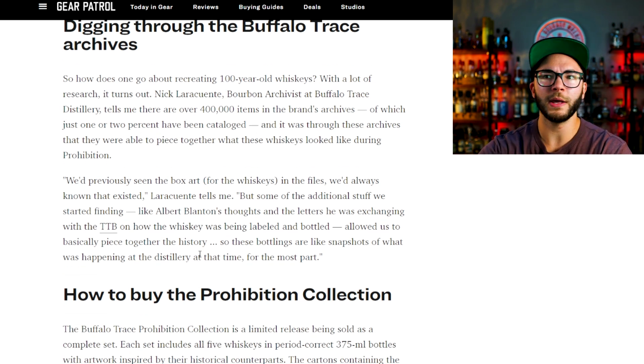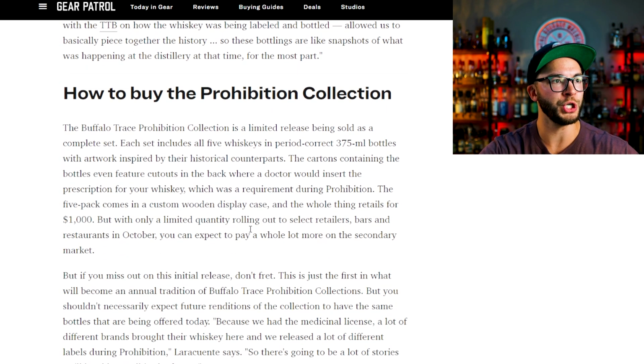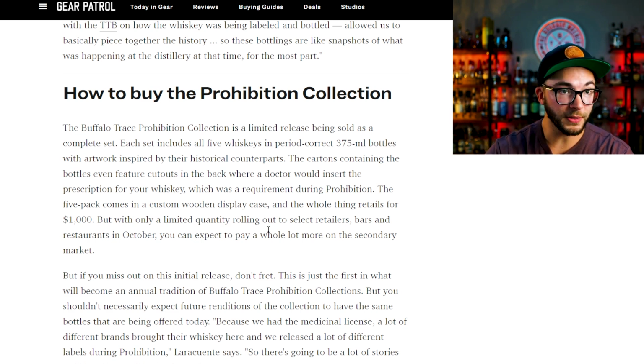I mean, it's a lot of work that went into defining this label and stuff, but then here we go. This is the real juice right here. The Buffalo Trace Prohibition Collection is a limited release, go figure, being sold as a complete set. Each set includes all 5 whiskeys in period correct 375 milliliter bottles,